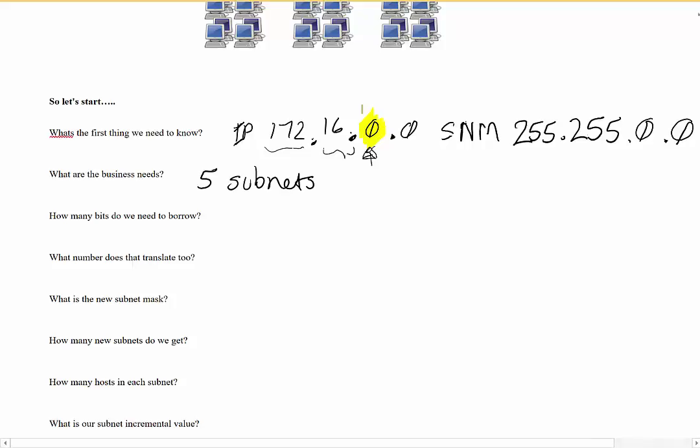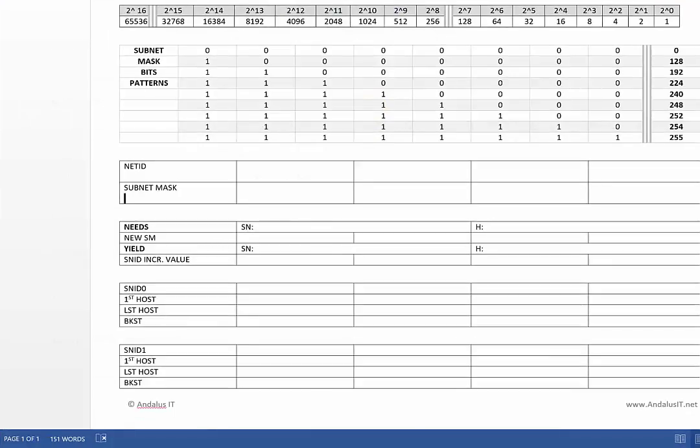I'm going to cut up this third octet. So once I know that I'm going to be cutting up the third octet, I need to understand which part of that octet is going to be network and which part of that octet is going to be used for host. So how many bits do we need to borrow? And let's look back at our TCP/IP cheat sheet here. If I borrow 1 bit,